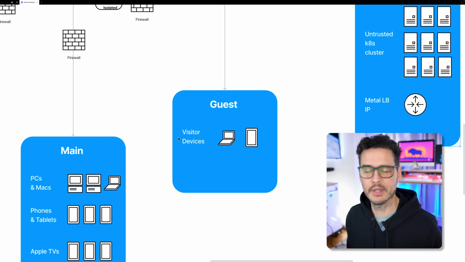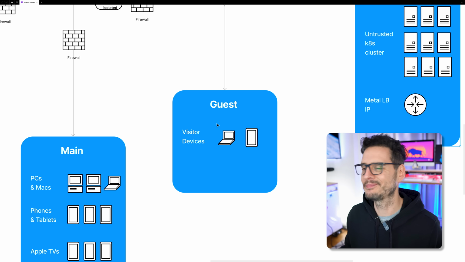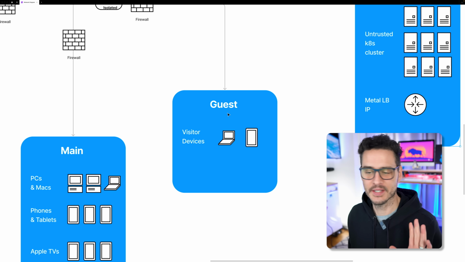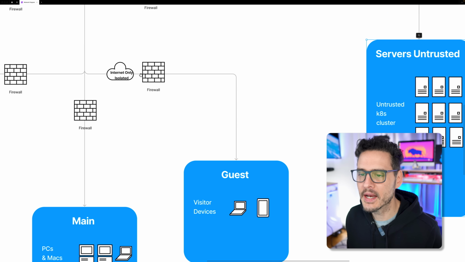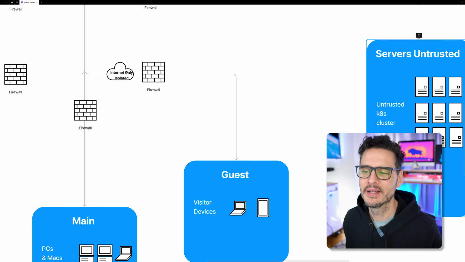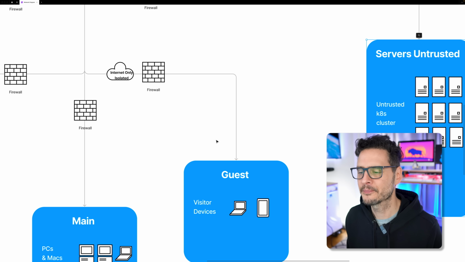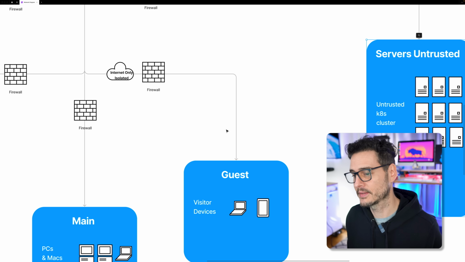My guest network, this really isn't used as I was talking about earlier. It's there, but I don't advertise this SSID unless people come over and visit and bring devices, which is pretty much never. I'm being honest. Most people don't ask, can I use your Wi-Fi when they come over? And that also assumes that people come to my house. But anyways, I have this here. It's here if it's needed. And this is where guests' devices will connect if they come and visit. And one thing that I did configure on this network, really for fun, but also for security, was to isolate these devices. You can see that on my firewall rule right here. So these devices can only get out to the internet and they can't communicate with other devices because they're isolated.